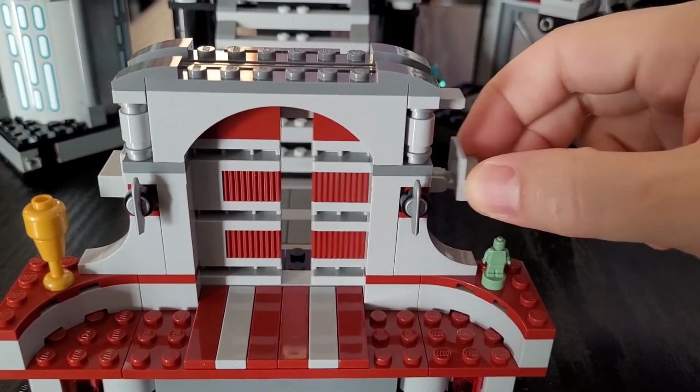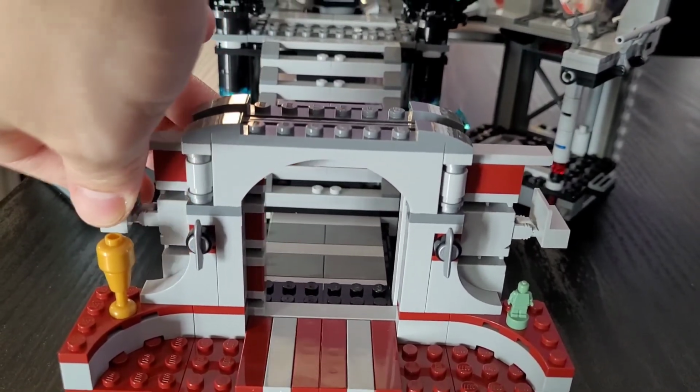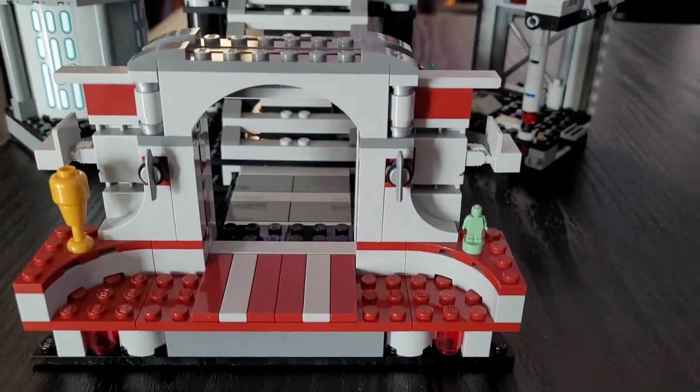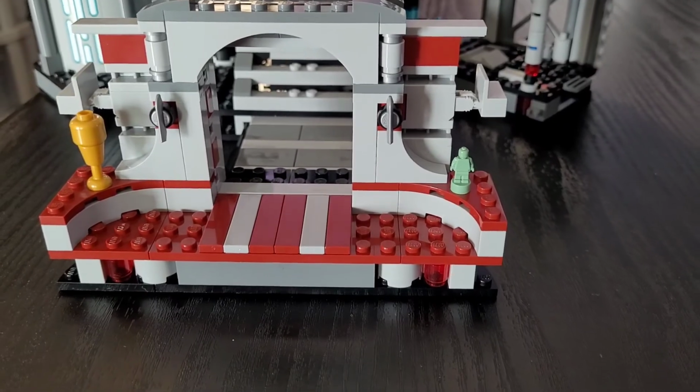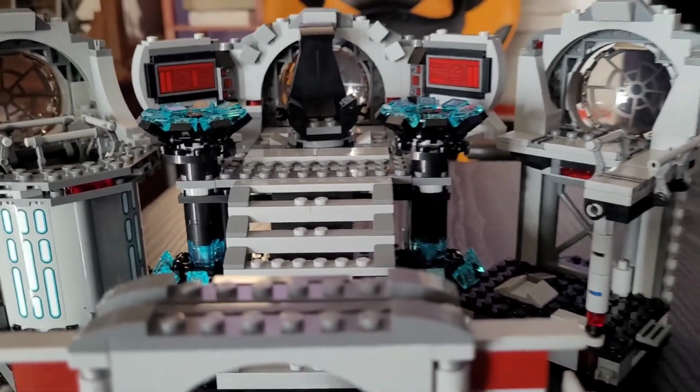All you have to do is pull on the pieces on the side. You can do that with 2 hands. I'm obviously holding my camera at this point. And then your minifigures can walk through here. You can have Darth Vader escort Luke on to the Emperor. Around this side,